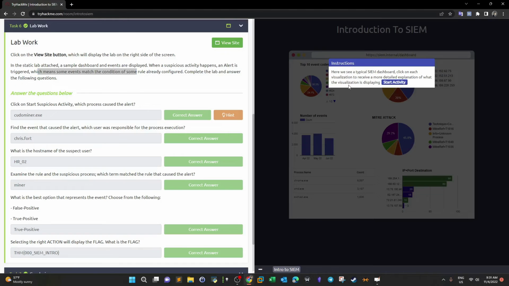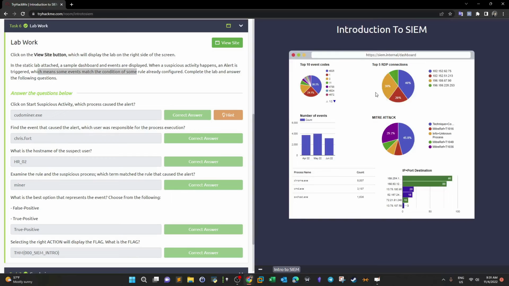Here we see a typical SIEM dashboard. We talked about dashboards. Click on each visualization to receive a more detailed explanation of what it is displaying. Start the activity. As you can see, this is an example of a SIEM dashboard. We have statistics about the network activity, and here we have the processes generating the events, the ports and IPs, the number of events. So if we click here on start suspicious activity,